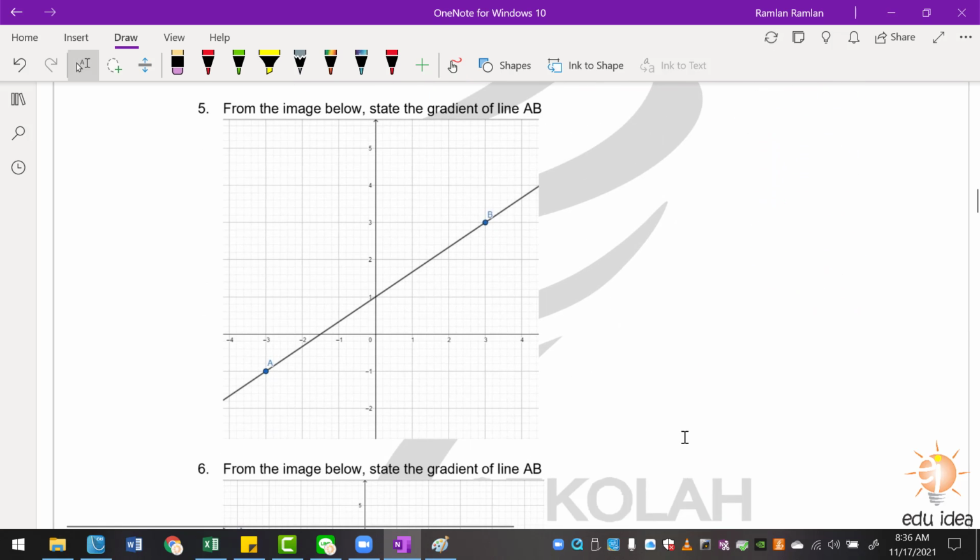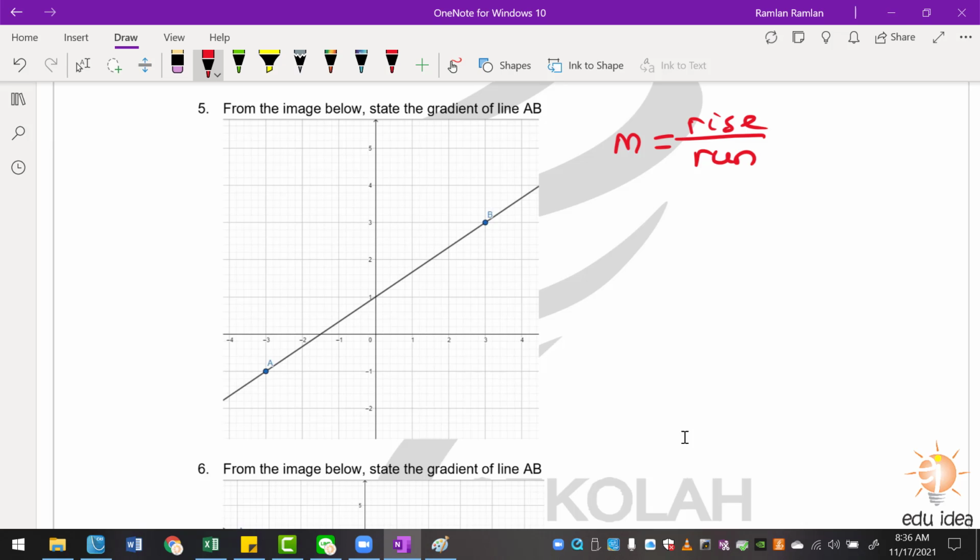From the image below, state the gradient of line AB. So remember that gradient is denoted by the letter m. It is as easy as rise over run, so it's like the vertical change over the horizontal change. Whenever you want to find the gradient of a line, pick 2